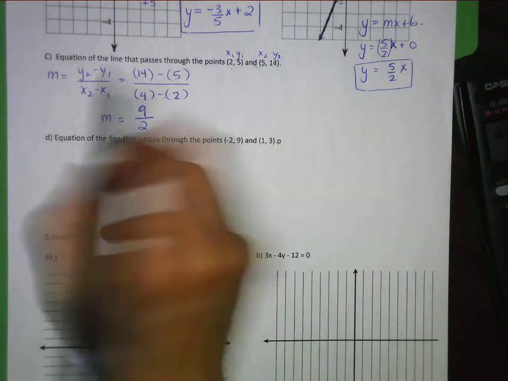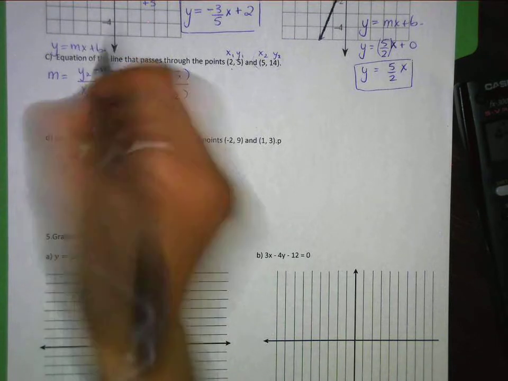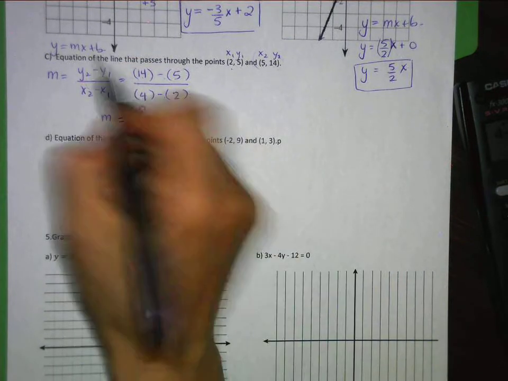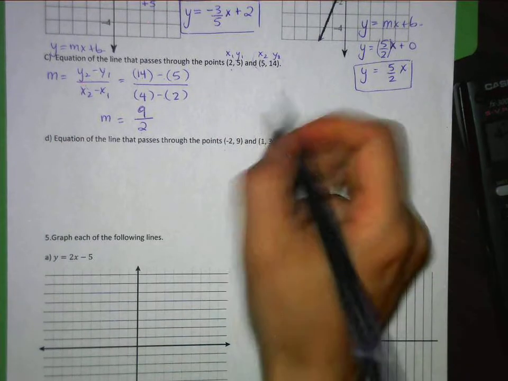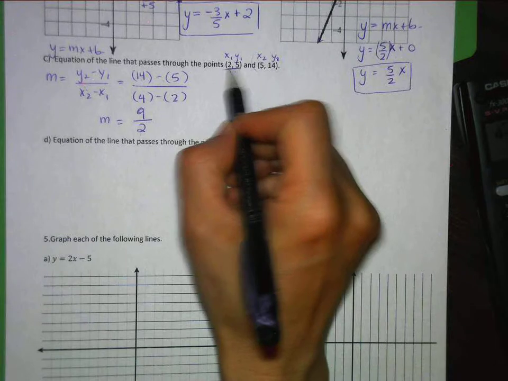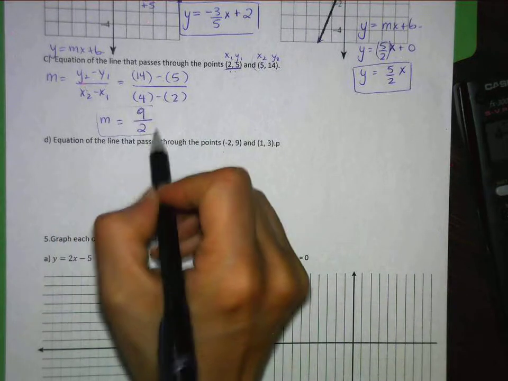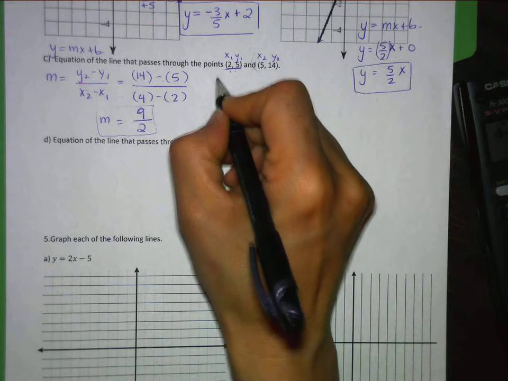Now, I need to find the equation of the line, which means I'm looking for y equals mx plus b. So now I have to figure out what is the b. And I'm going to do that by choosing one point. I'll probably choose this one because it's smaller numbers, smaller values, and I'm going to choose the slope. And I'm going to sub those into